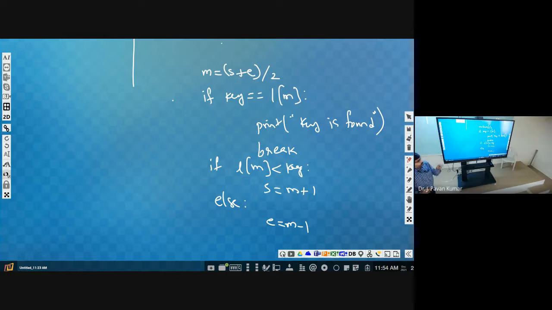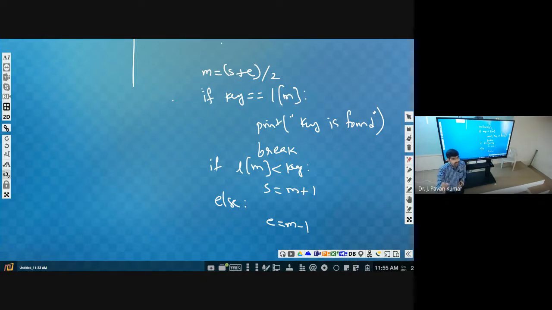Then what will we do afterwards? Again we have to find out the mid value. So mid is equal to start plus end by 2. Start anyway we have updated, or end we have updated. So start plus end by 2, then we will be getting the mid value. Afterwards, again we will be checking whether that is equal or not. If it is equal, key is found. Otherwise, we have to check whether it is greater than or less than. Okay. This process we have to repeat, right? We have to repeat, so we have to put it in a loop.